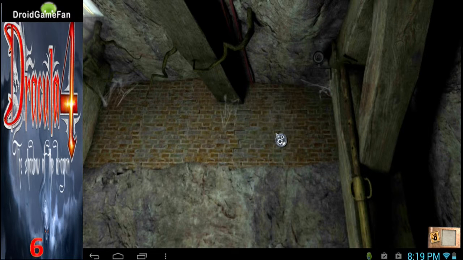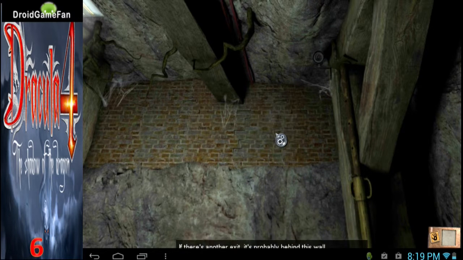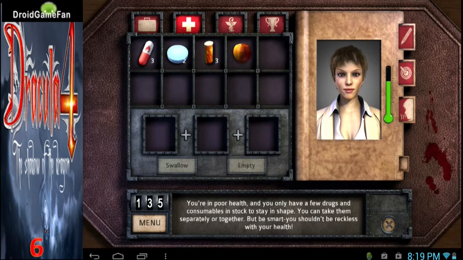Okay, so Mrs. Cross has got herself trapped in a secret underground basement. So now I have to figure out a way to get her out of here. If there's another exit, it's probably behind this wall. Okay, so the exit is behind this brick wall, so...